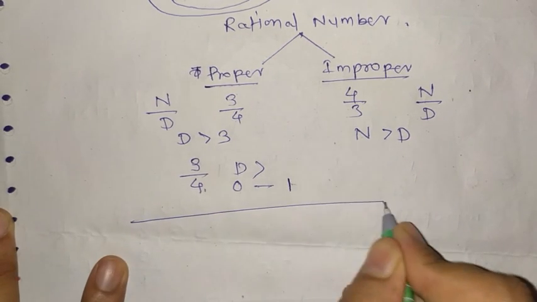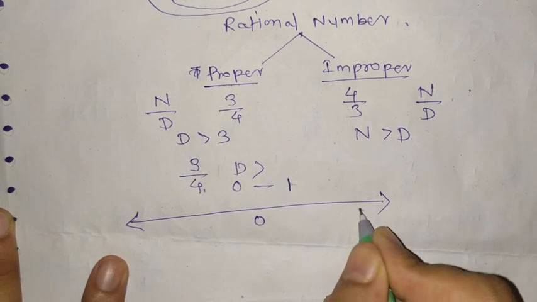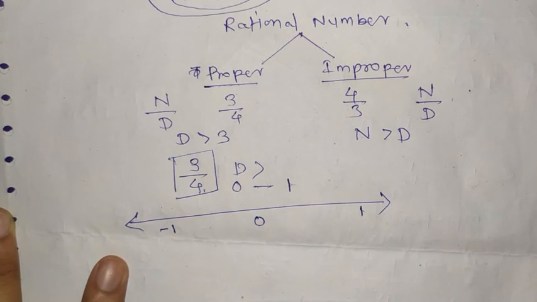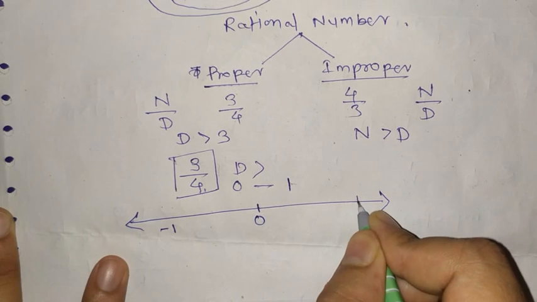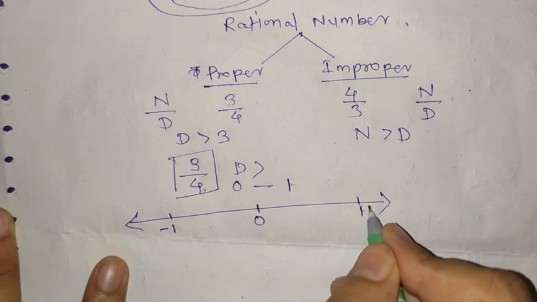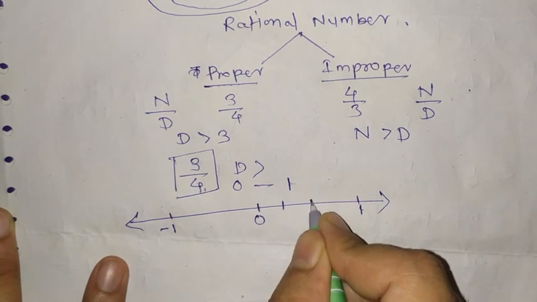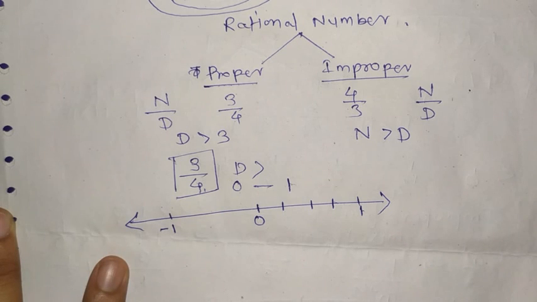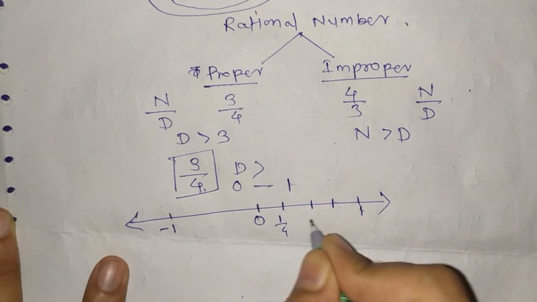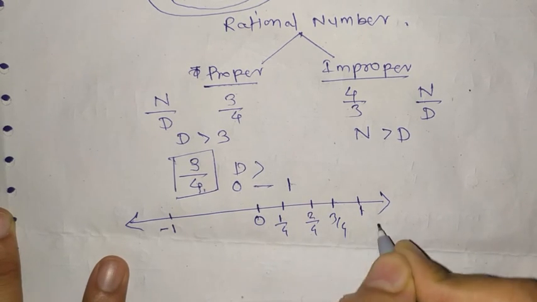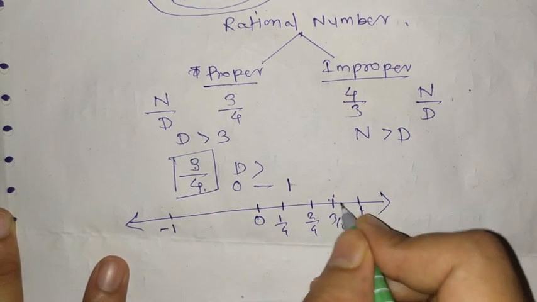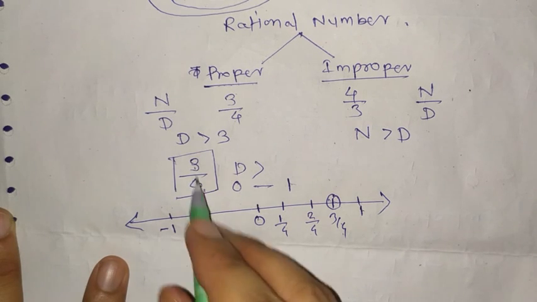So we plot the number line. So here we will plot the number 3/4. We got to know it is present between 0 and 1. So downside 4 is there, it means you have to do 4 partitions: 1, 2, 3 and the 4th is the number itself. Then after 0 you count like 1/4, this is 2/4, this is 3/4, last one is 4/4. So this 3/4 is nothing but this number. So here we plotted the number 3/4.